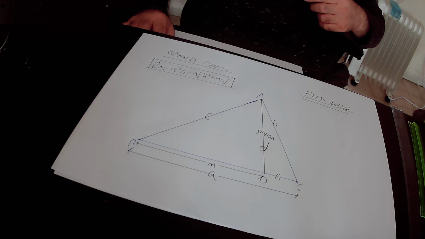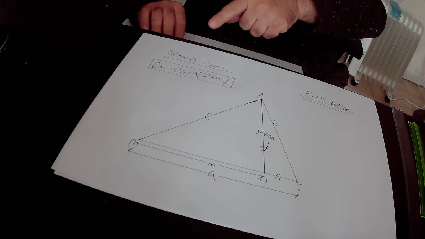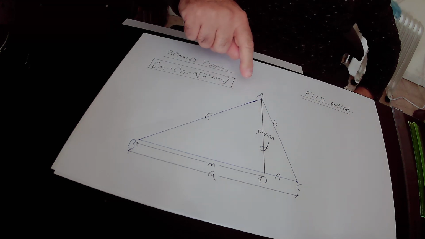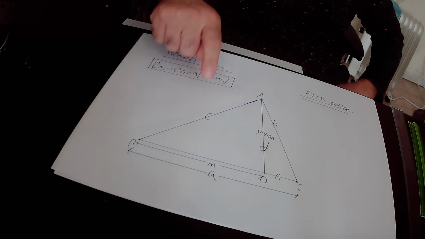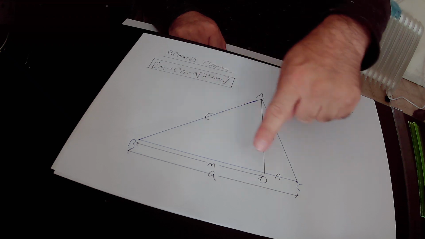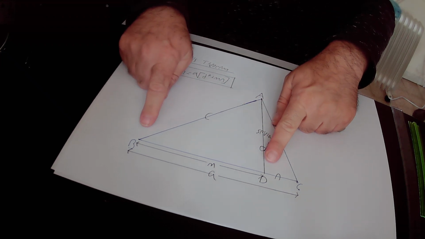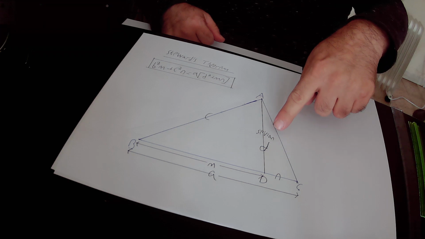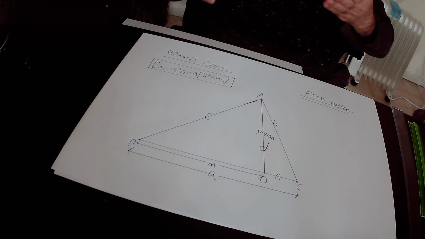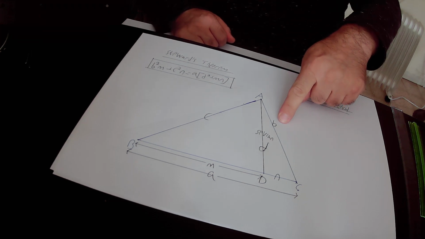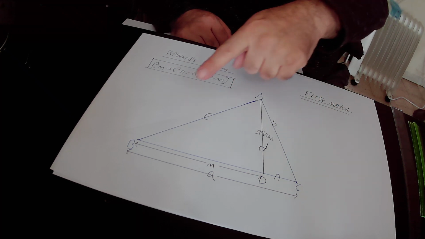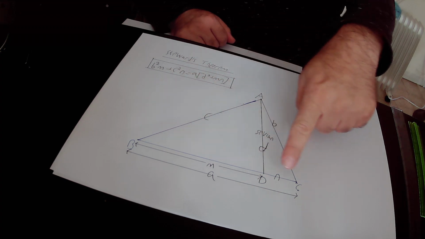According to Stewart's theorem, the following equation is true. The length of side AB of triangle ABC equals c units, the length of side AC equals b units, side BC equals a units in its length, the length of line segment BD is m, the length of line segment DC is n, and the length of the cevian AD is d units. According to Stewart's theorem, b squared times m plus c squared times n equals a, the length of side BC of triangle ABC,